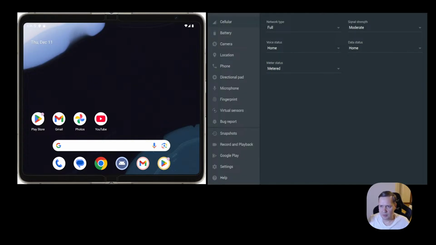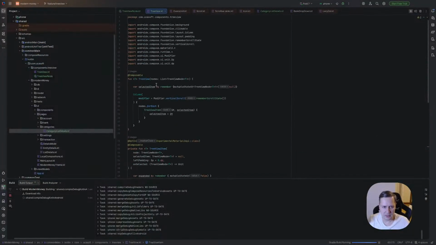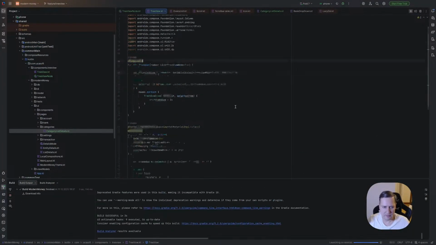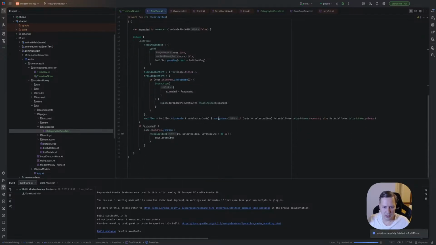Not sure that it will be, yeah, sorry. So what I did, I add selected item, and here just add to modifier. If it's selected, then use secondary, else I use primary.